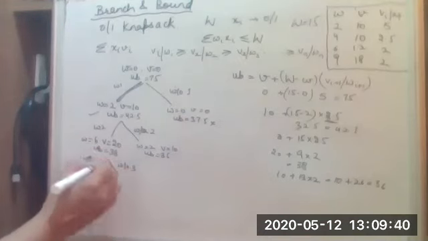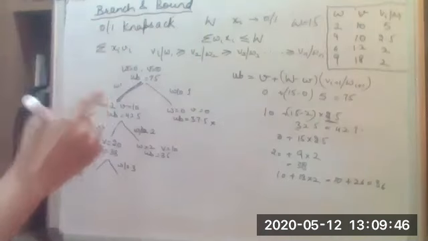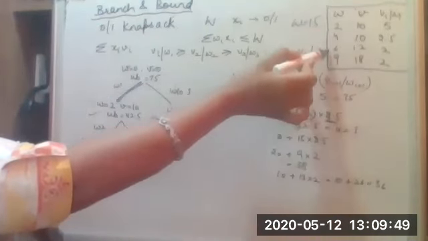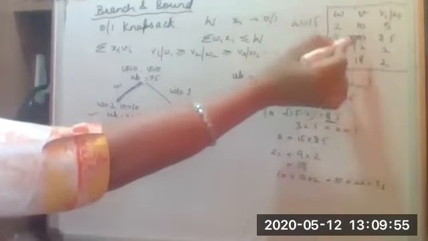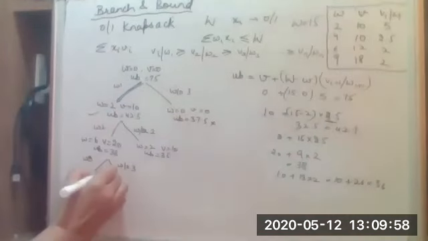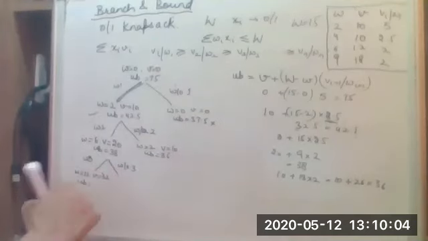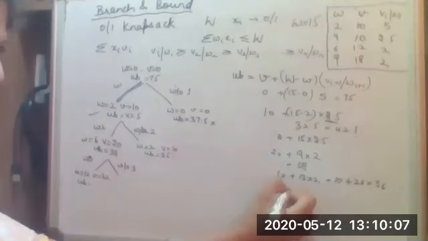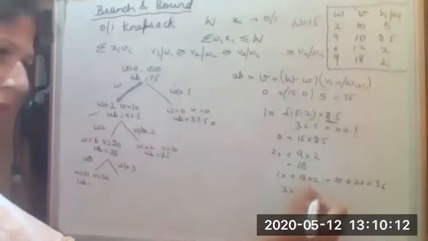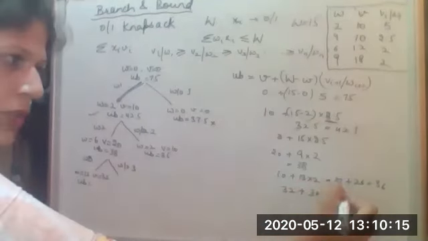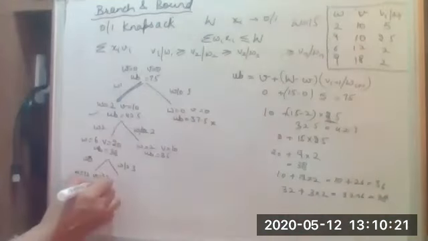So with 3, if we are going to include the third element also, the weight value will become 2 plus 4 plus 6, we are considering the third element also. So this will become 12 and the profit value will be 10 plus 10 plus 12, that is 32. And now we will consider the upper bound here. The upper bound will be equal to, we have already here 32. Now how much is the weight value that is left? We are left with 3 and the next element is 2. So this is 32 plus 6, which is equal to 38. So upper bound remains the same as 38.